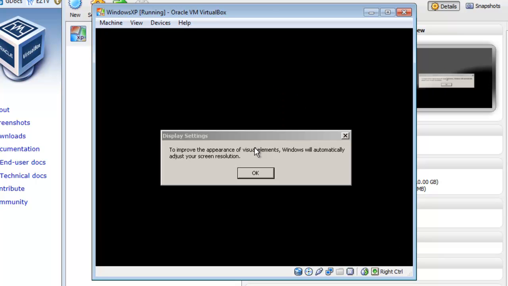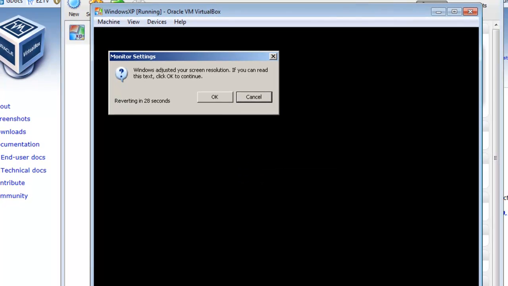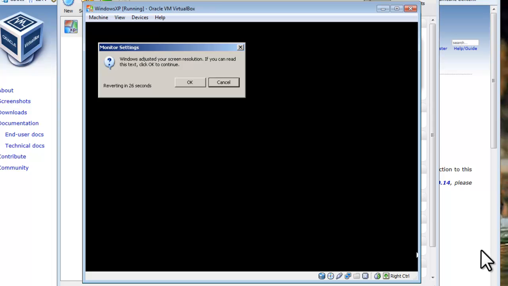You will get a display settings window wanting to automatically adjust the display resolution. Click the OK button. On the monitor settings window, click the OK button.